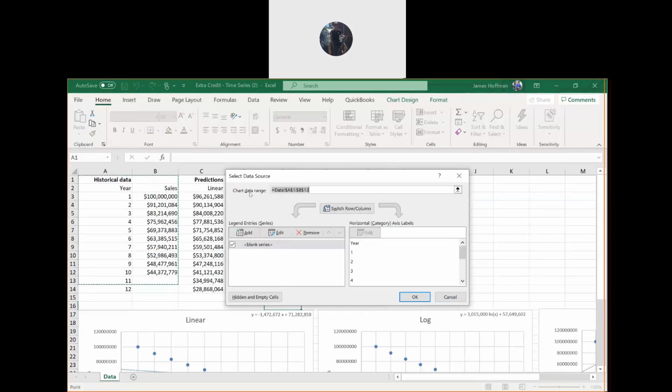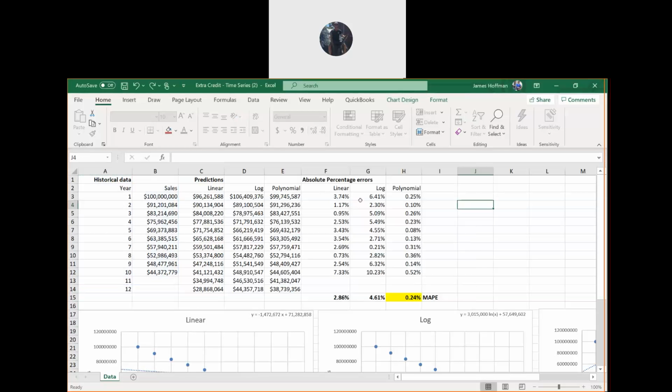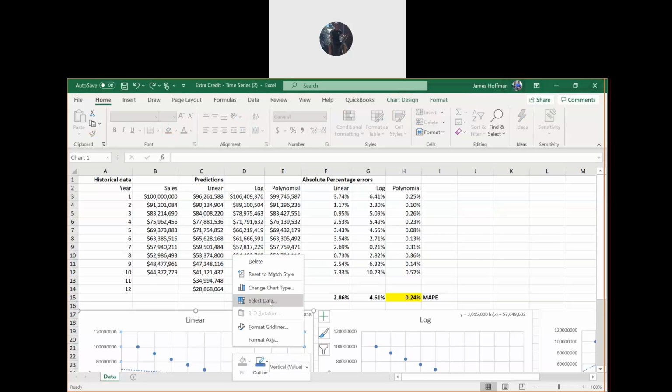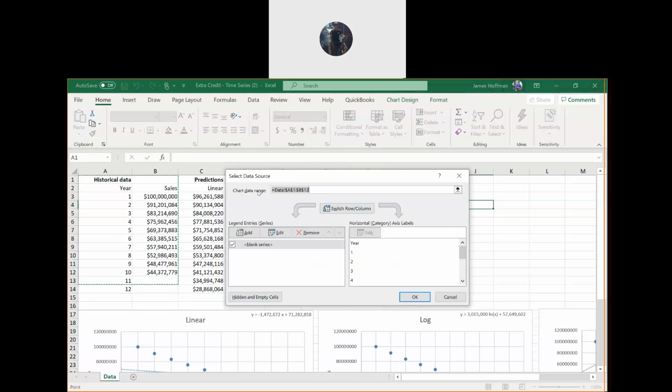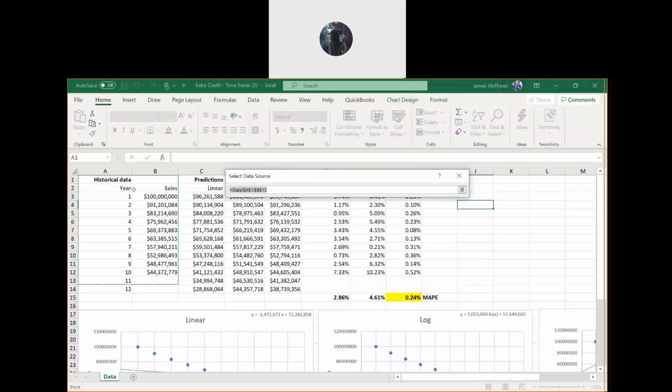Where it says chart data range, hit this button and choose A2 to B14, and hit this button and hit OK.